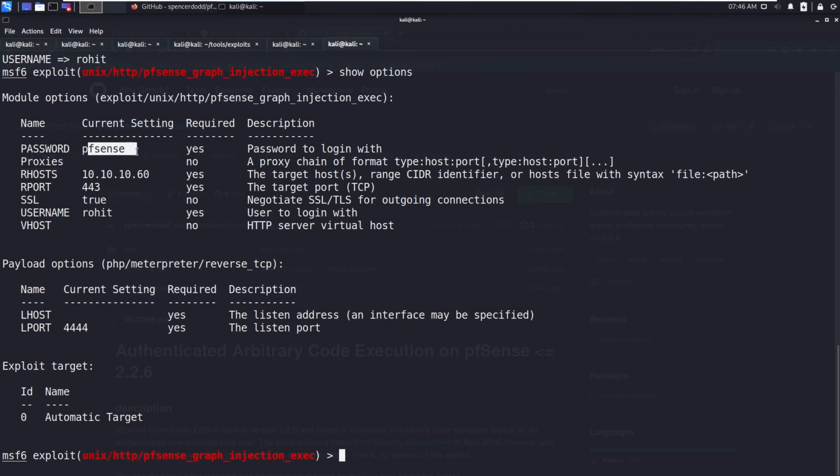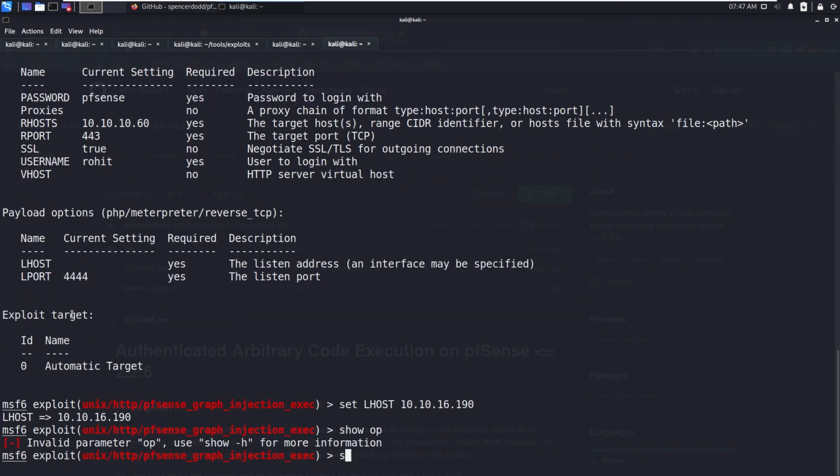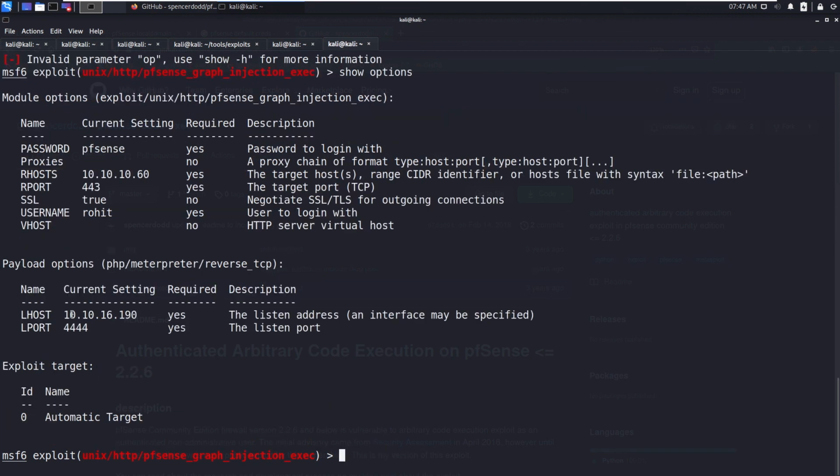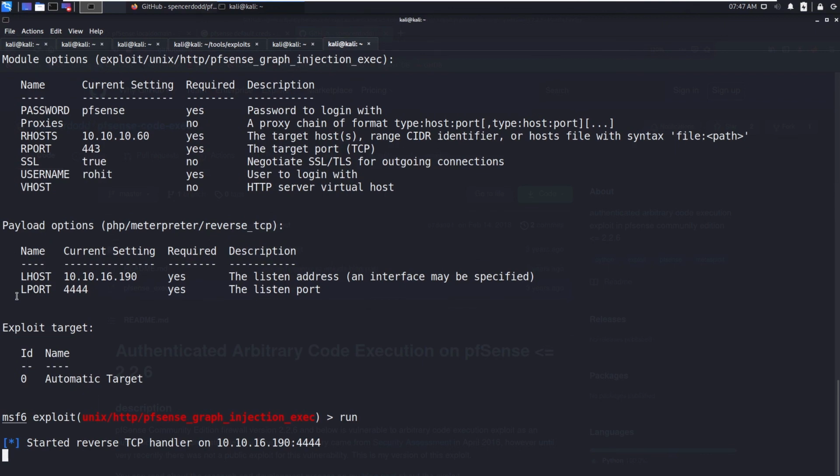The password has already been set to pfSense. Now we need to set the LHOST to our IP address. So now everything is set. You just need to run the module.